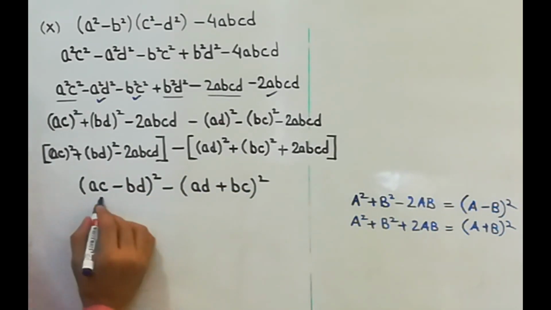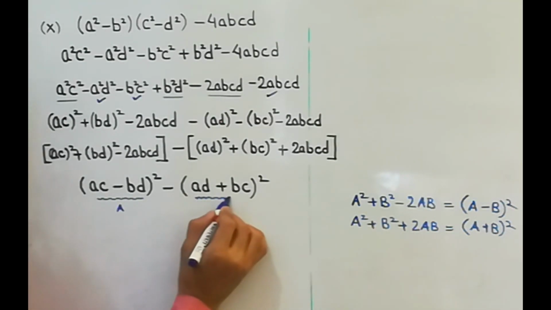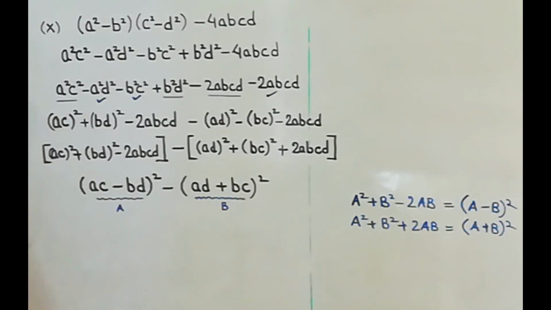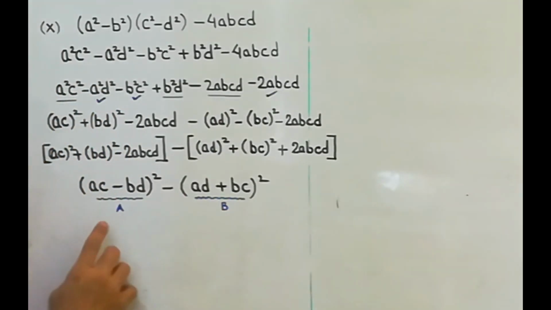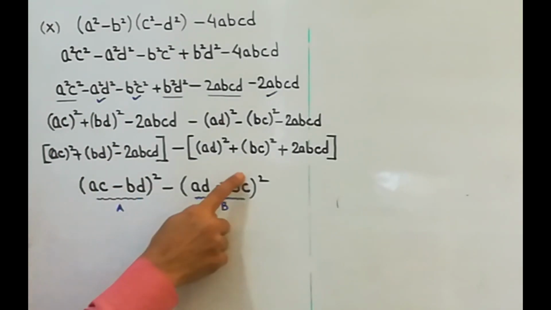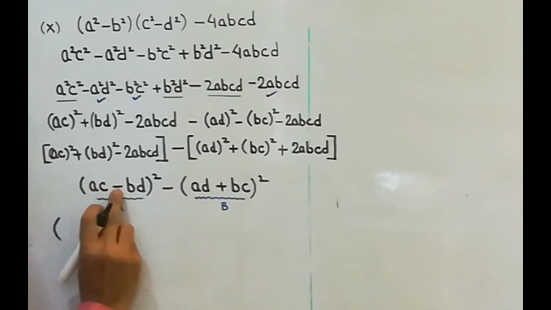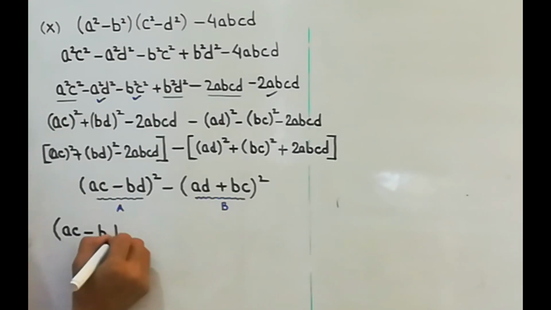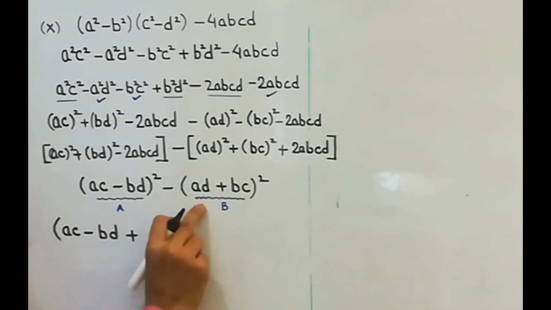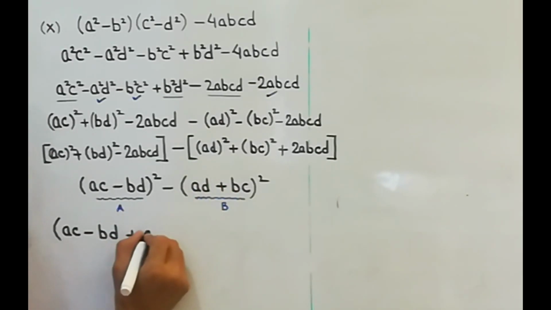So now this becomes your A, and for the next step this will be taken as B. Now this becomes A square, this becomes B square, so we are getting that formula. So apply it. In the first bracket, what you have to write? You have to write A, this is our A, plus, then you have to write B. Now when you are writing plus B, you need not change any sign.